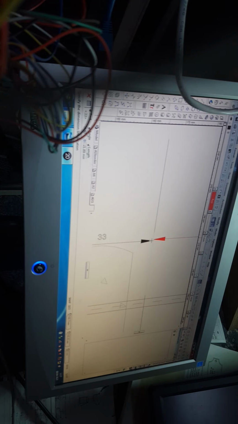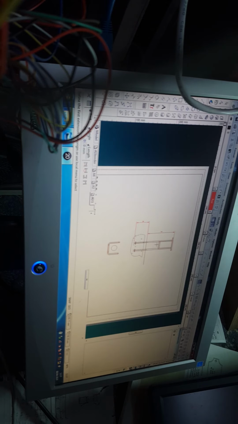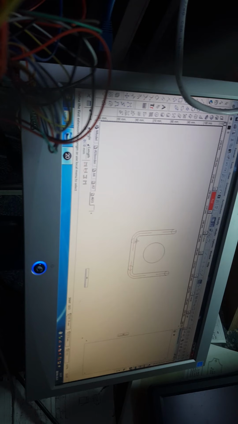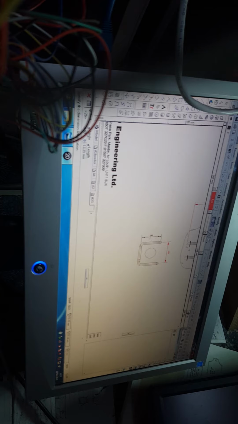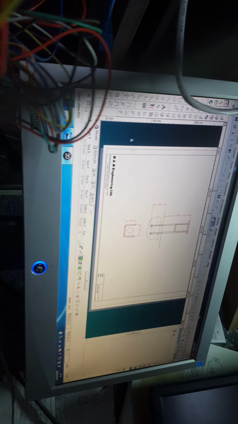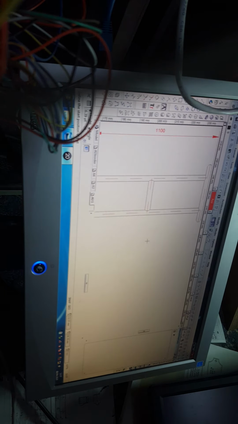Obviously the idea is to make the drawing clear so anyone can make the product. See the dimension from there to there. And then obviously a lot of things just need text. In this case it's diameter, picked up the text tool, 48 CHS by 4 thick I think on this job. CHS